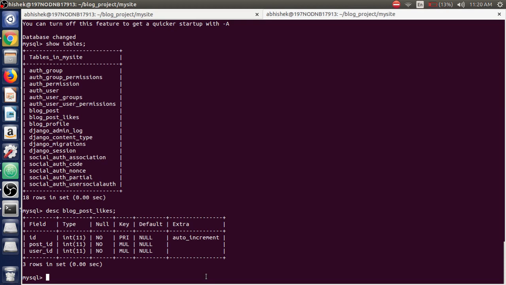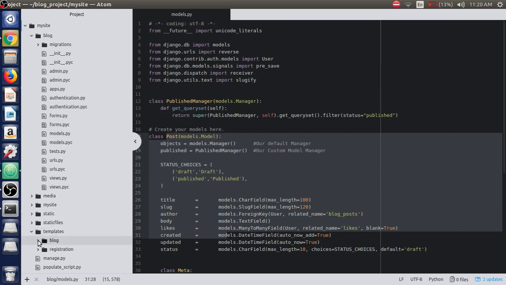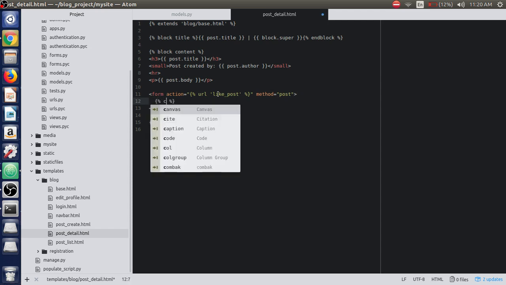So we can now create a button here. Open up the post detail view template, which is inside templates blog. Inside the post detail view, just after the post.body section, we'll create a form here whose class we will not define for now, and the action will use the URL that we'll create. So just write url for now and write like_post. The method should be post. We'll then write csrf_token,